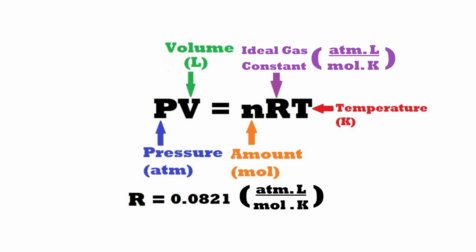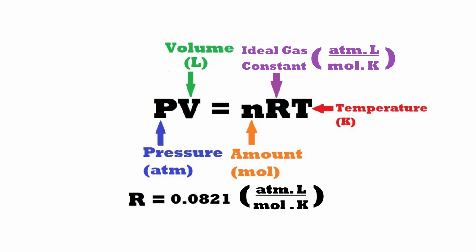Okay, this is the second unit combination we most commonly see for the ideal gas equation. Pressure is in atmospheres, volume is in litres, amount is in moles, and temperature is in Kelvin. Now, the ideal gas constant, which contains the units of atmospheres and litres, moles, and Kelvin, those units are arranged as a fraction. Now, the reason why that is because this is the combination that is likely to be used